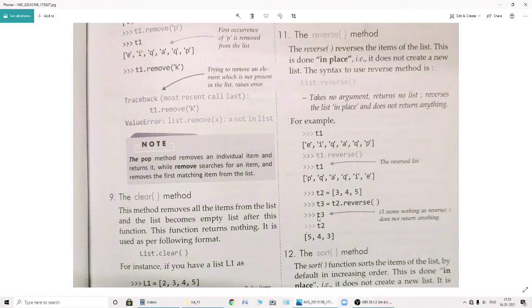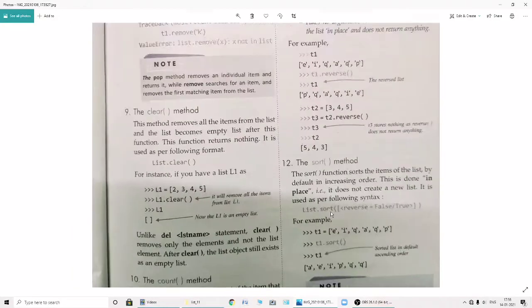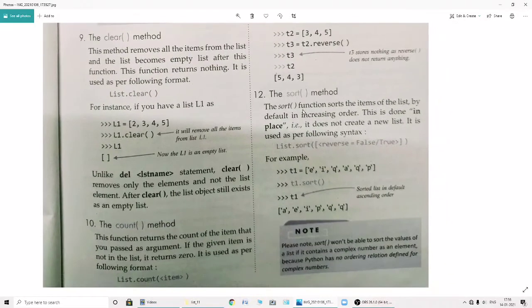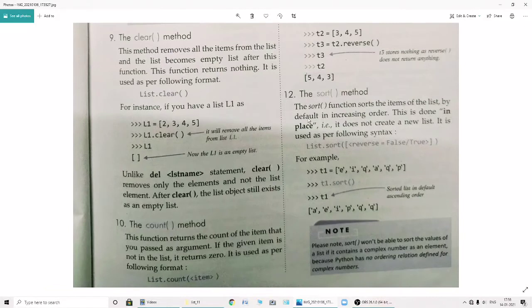When we write print T3, you can see that nothing will get displayed. But when we write T2, since T2 got reversed, the reversed list of T2 is displayed. Okay, this is all about reverse. Simply it will reverse the list.